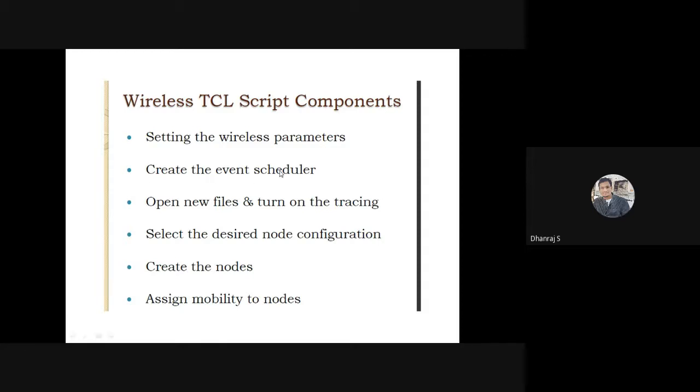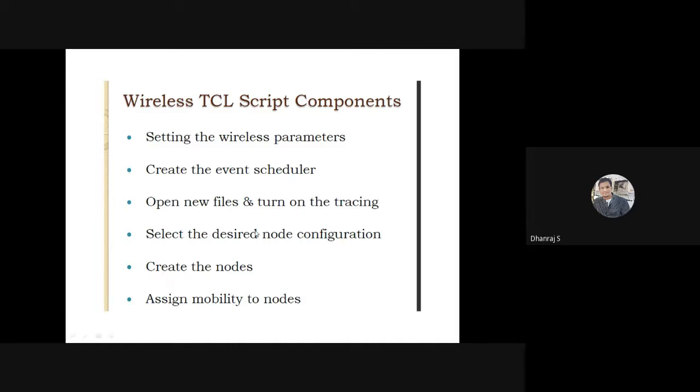Then we need to create an event scheduler: what time the event should start and what time it should stop. Then we need to open a new file and turn on the tracing, so that the values are stored whenever you perform simulation in the background process. We can observe that file as a trace file.